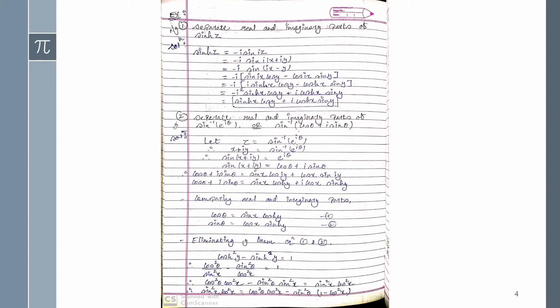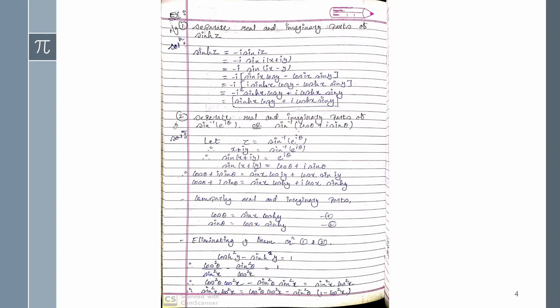Now starting with the examples, separate into the real and imaginary parts. So you have to separate the real and imaginary parts here, right? This method we already applied in our other methods, but these methods are totally different over here, because in this method we are going through the circular and the hyperbolic functions. And again repeating, guys, without remembering all these formulas of circular and hyperbolic functions, you can't solve all these examples. Okay guys,